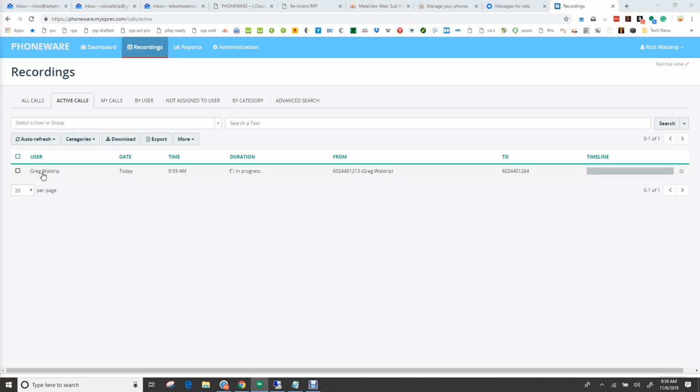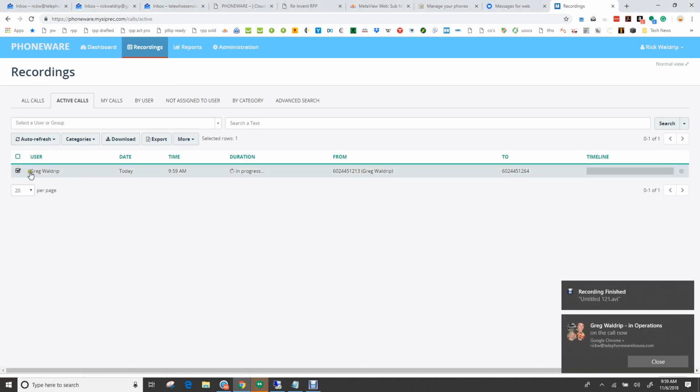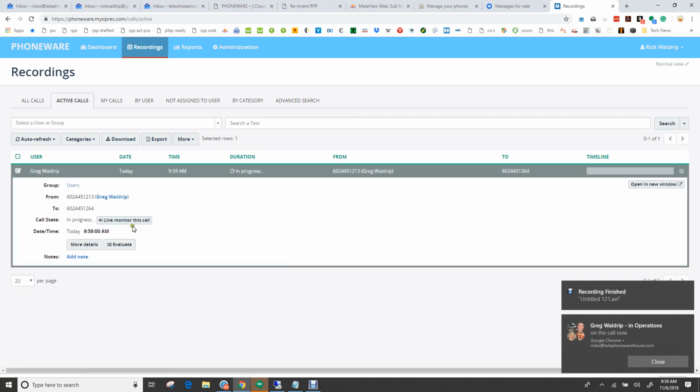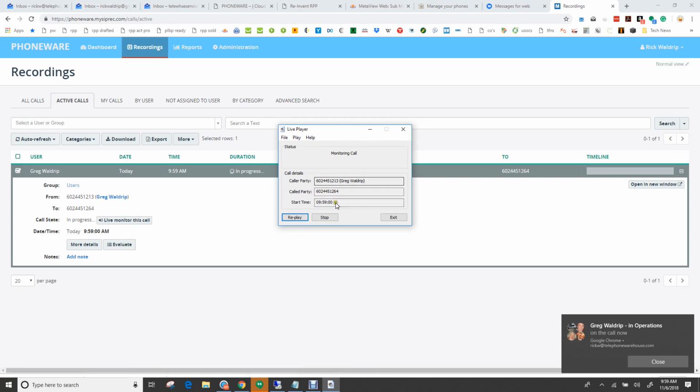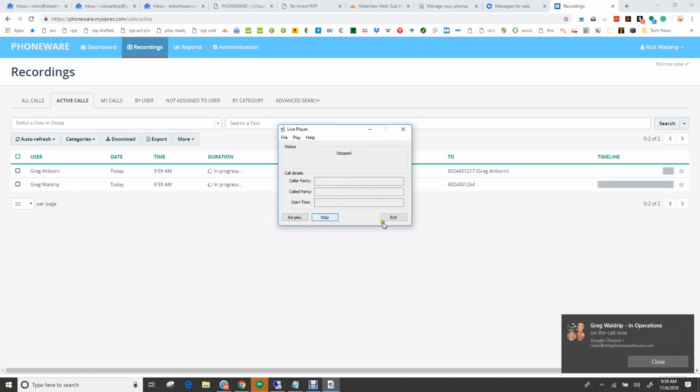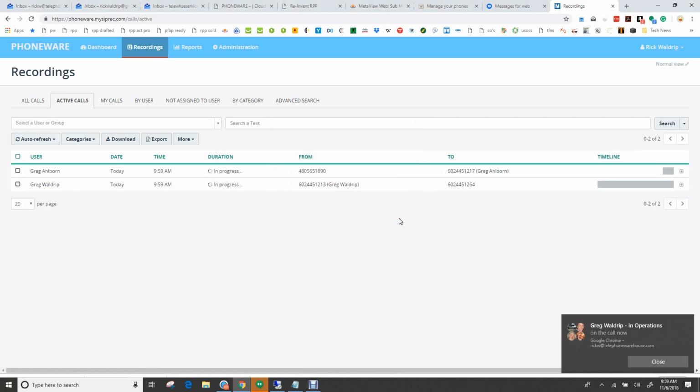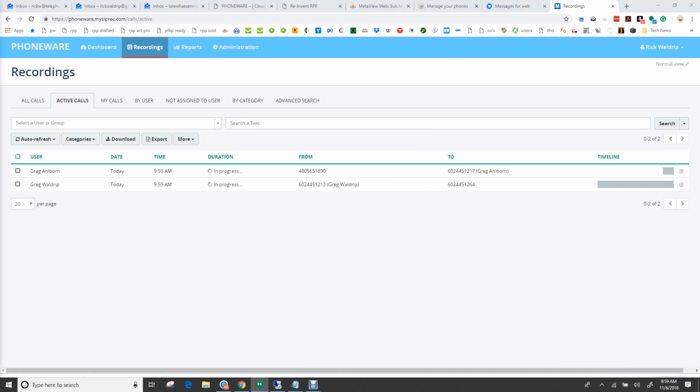So Greg is on a call here, and if I click on this call, I should be able to live monitor it right there. So I opened up the call, and if I click on this button to live monitor, what that's going to do is that's going to launch the little app here, and now I'm listening to him, you know, live. So that's the live monitoring option. Okay, I just told him he can hang up. All right, so